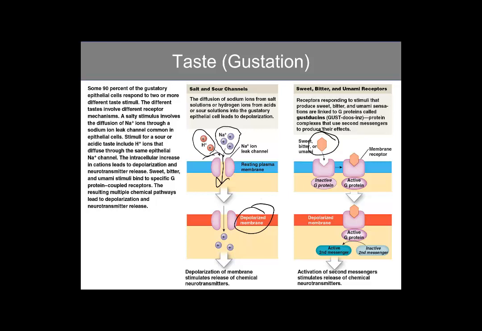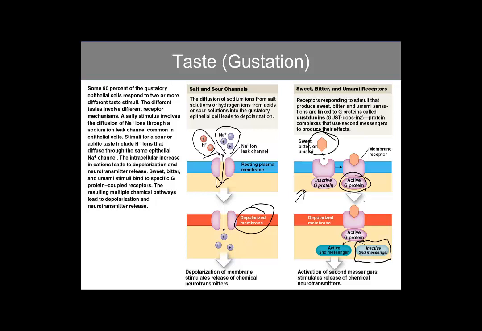The food substance or liquid binds to an inactive G protein, causing an activation of that G protein, and then that's going to lead to the activation of a second messenger. We introduced second messengers in the first module of M8O2 when we talked about the endocrine system. But it's worth noting here, since we did bring it up in the last objective as well as this. A second messenger